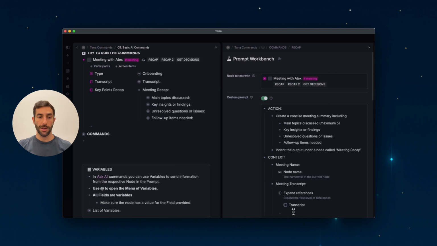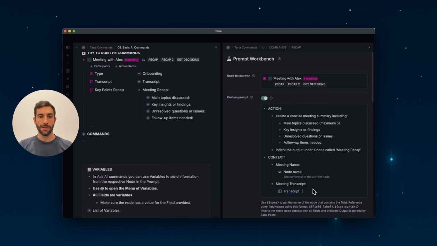And here we are using this notation of expand references, and inside this field of expand references, we add the transcript field, which is exactly the same as the one we have inside this super tag. So in order to do this, you can simply click on the field and then copy the reference to this field. Here in the meeting transcript, let's suppose we still haven't configured this, you can paste the reference to this